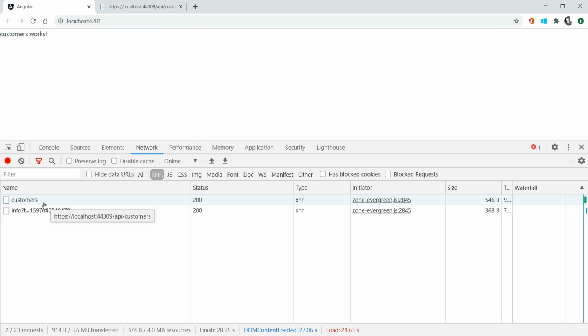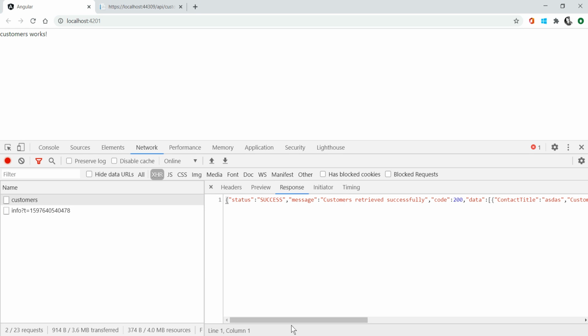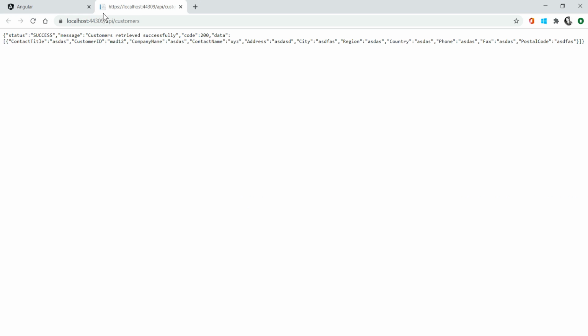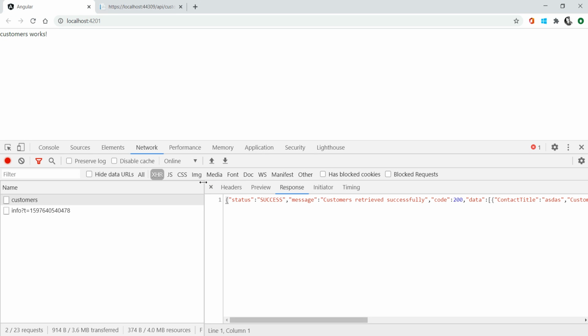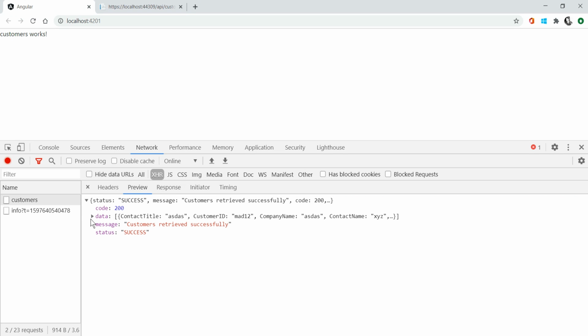you can see the data, right? I can see the response, the same response I have here. The same response you can see under the response section. If you want a preview of just the response, you can see the preview of that also. So I'm getting the data like this. Because I'm getting only one record, whatever I requested for fetching the customers, it contains only one record on the DB side. Here I'm using the TP's SQL server. Okay, now I got the data.